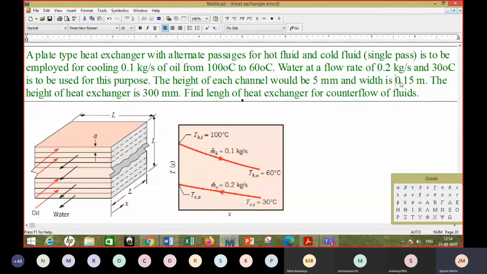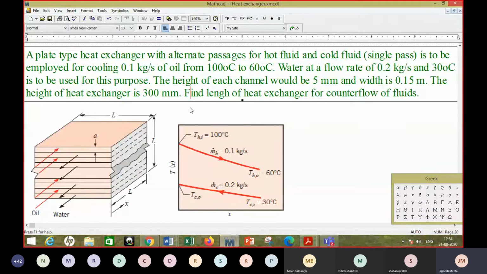Then let's say there is a restriction on the width, and that is 150 millimeters or 15 centimeters. So this width, this is written L, but in our case it is W, the width. You have only that much space available, right? Depth wise there is not much restriction, but width wise it is, let's say, 150 millimeters or 0.15 meter, and the height of the heat exchanger is 300 millimeters. So again there is a restriction on height, that it has to fit in, let's say, around 1 foot. So 300 millimeters is the height that you can provide.